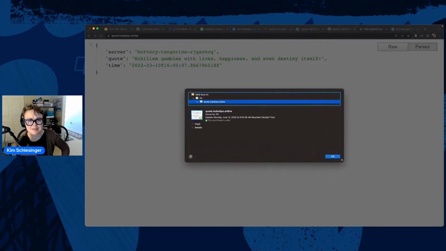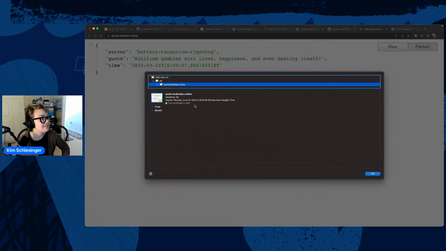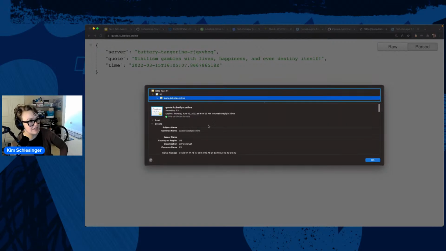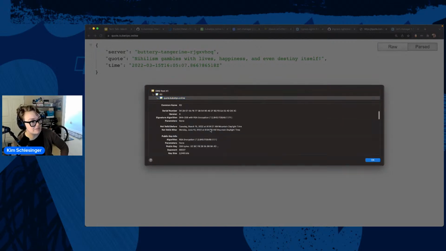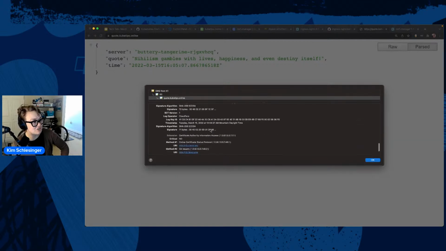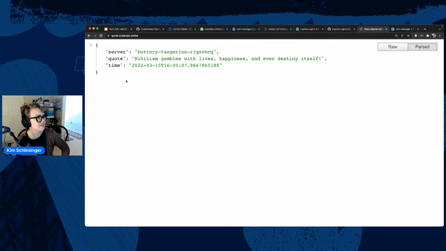Like Kubernetes dummy certificate. This says, hey, here's your certificate. It's valid. And if we go to details, we'll see that the issuer is Let's Encrypt, and we've got all this information here. So nice. So now we've got a nice secure website that we can feel good about sending customers to. So yes, this is so exciting.